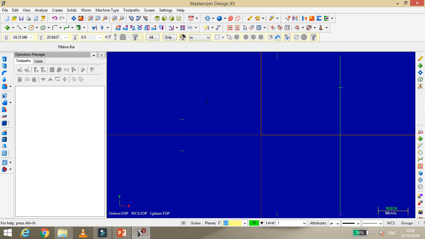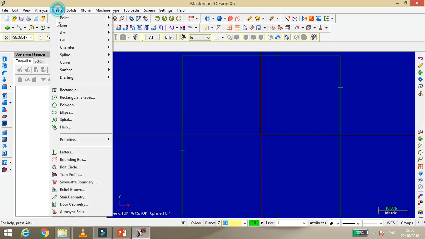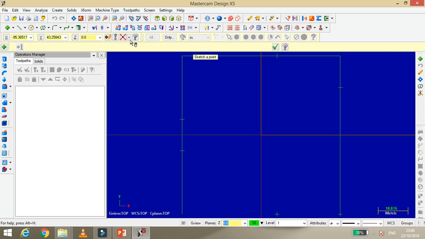Now take one more point. What are the coordinates of that point? -50 x.